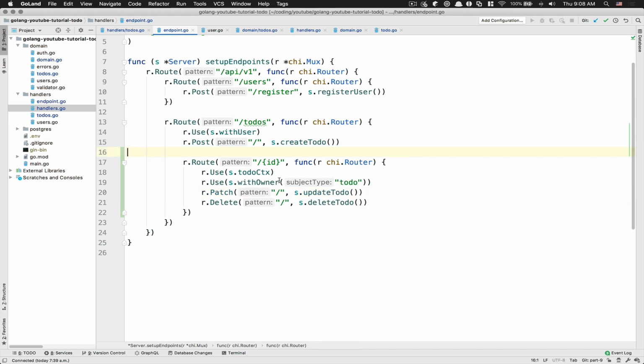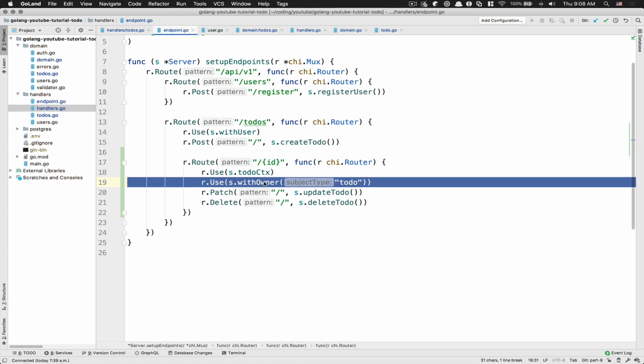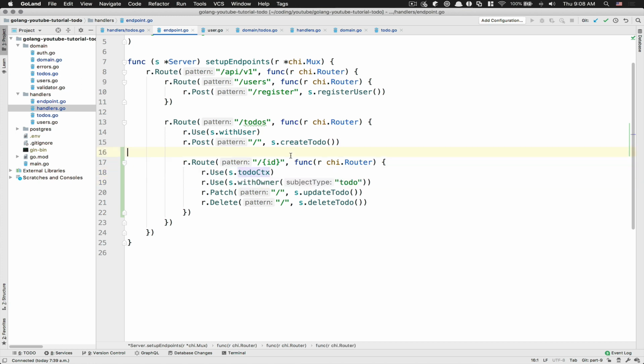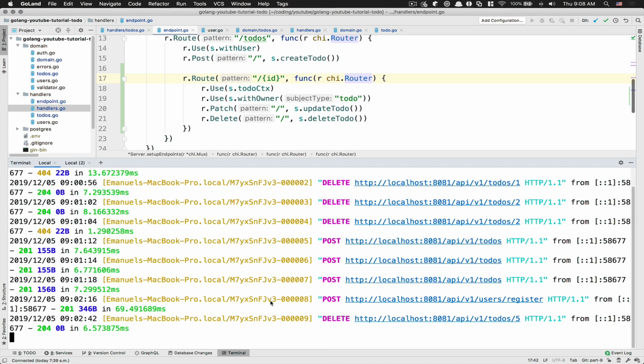The only issue you have with this kind of method is you need to have this to-do context first, because that's going to be the one that injects this to-do inside the context. That's it. Now just by doing this and restarting my server,